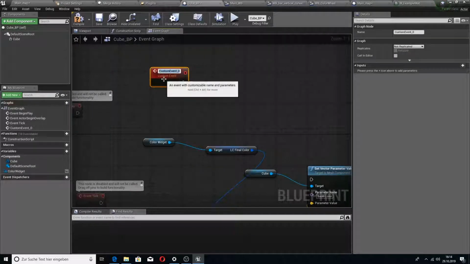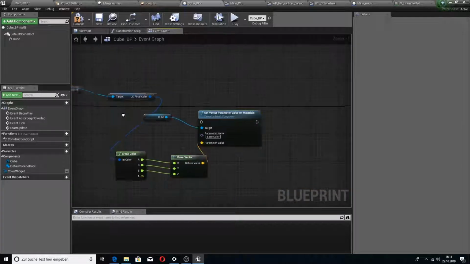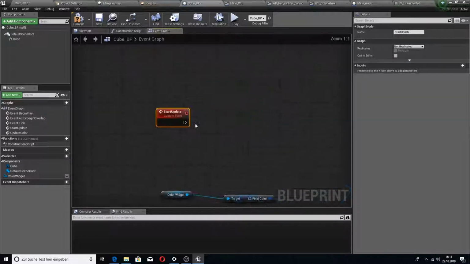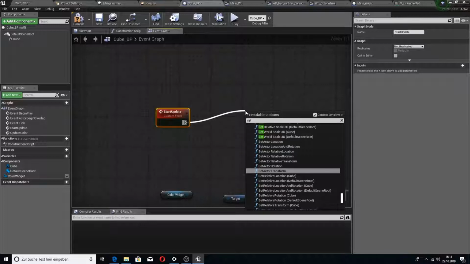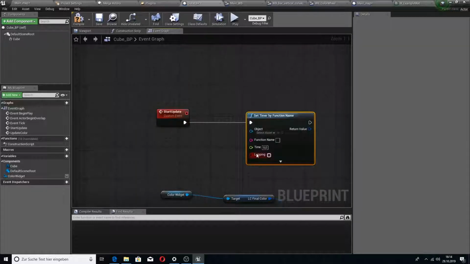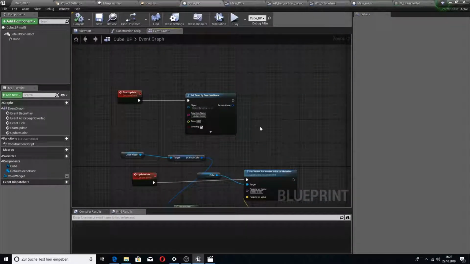Add custom event, start update, and then we're going to say add custom event, update color, and then you set timer by function name. Set this to 0.1, and then we need to